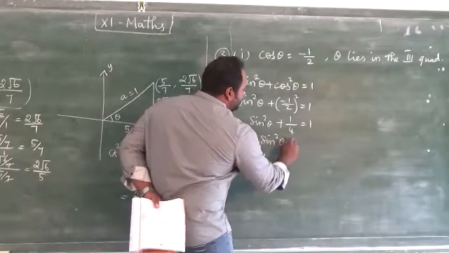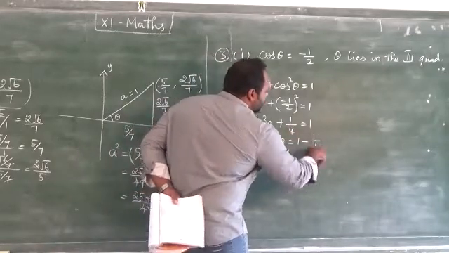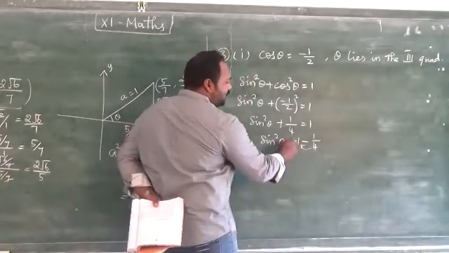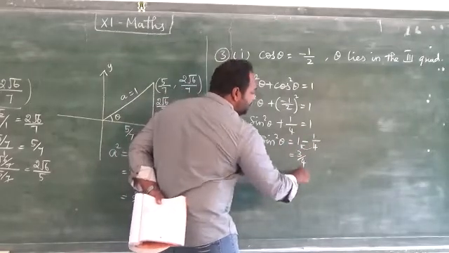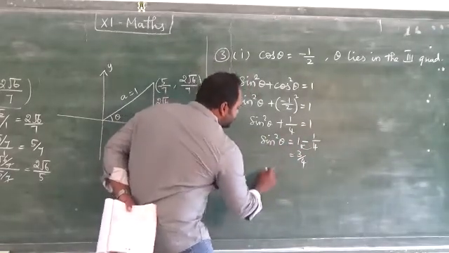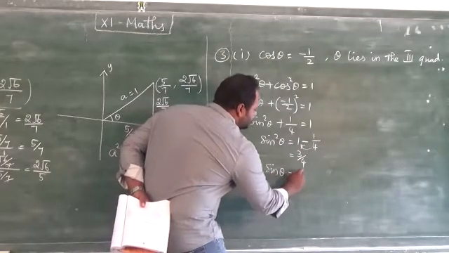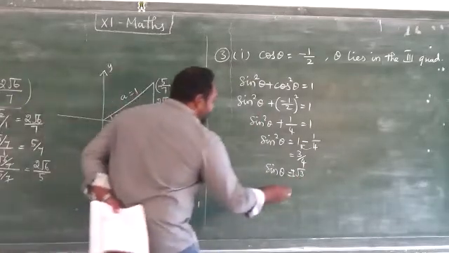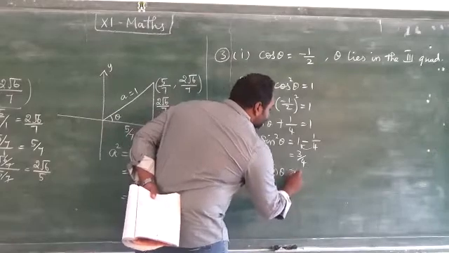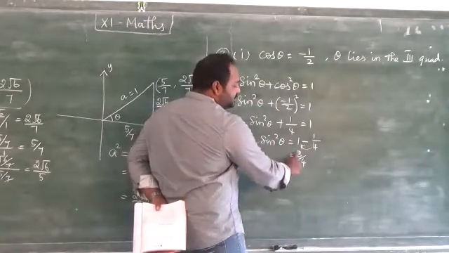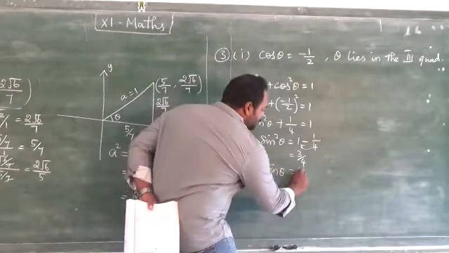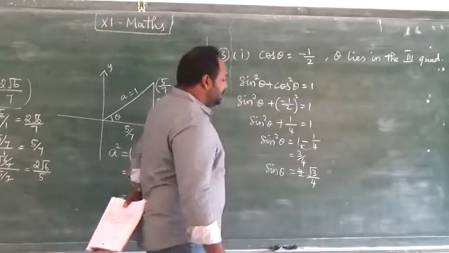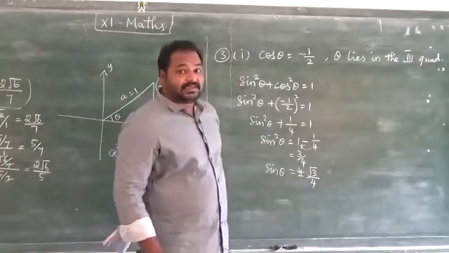Sin square theta equal to 1 minus 1 by 4. If you bring this minus 1 by 4 and cross multiply, 4 into 1, 4 minus 1, 3 by 4. So sin square value is this. So I need the sin value. Sin theta equal to plus or minus root of the right hand side, it is plus or minus root 3 by 4. But here plus or minus value is there, and whether we have to give plus or minus depends on